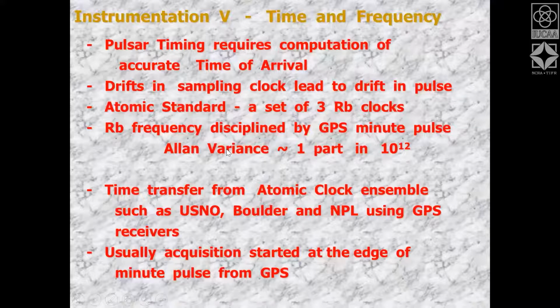Unfortunately I don't have the expression here, but the noise which you see at the output of a radio telescope is essentially inversely proportional to the square root of the bandwidth, and is also inversely proportional to the total time for which you have made the observation. So it's inversely proportional to the square root of the product of bandwidth and time. That is what is called the radiometer equation, which I presume must have been done in one of the earlier lectures.